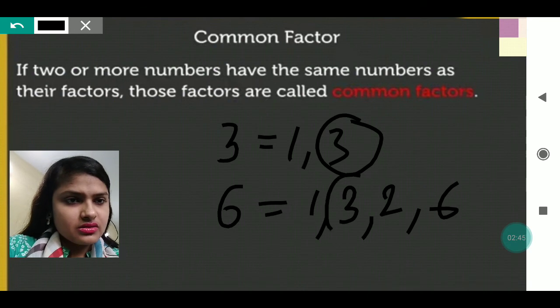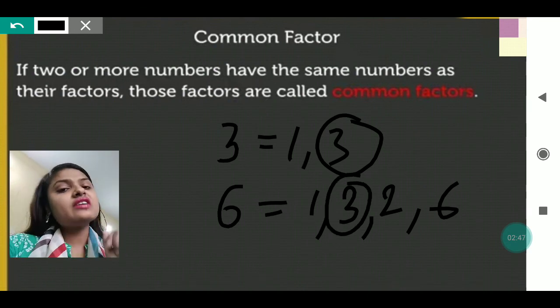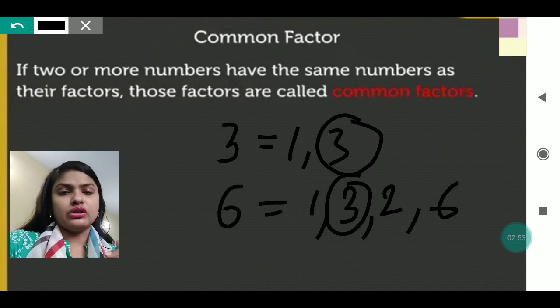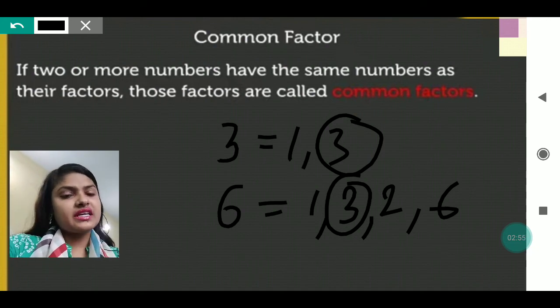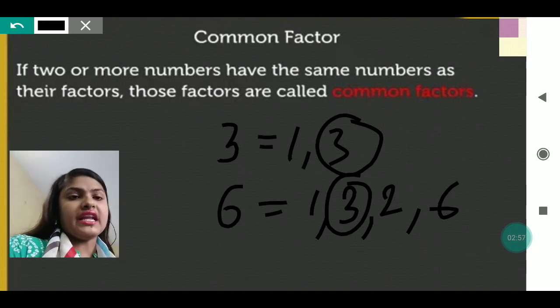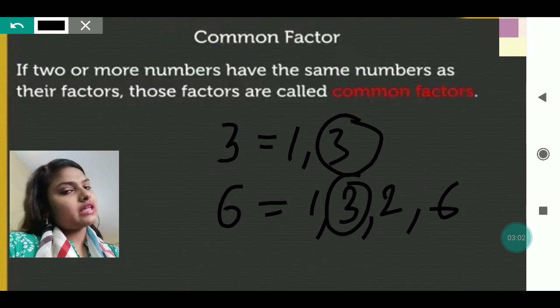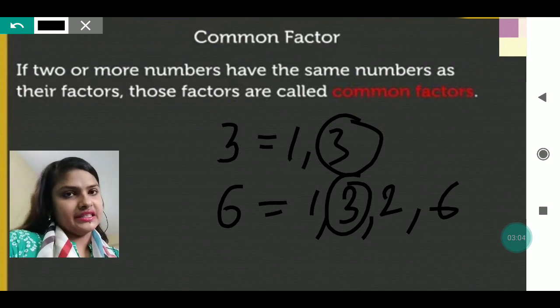3. Obviously 3. So that 3 is the highest common factor, my dear. That 3 only will be considered as the highest factor, because you have to compare in both. It doesn't matter that 6 is also a high factor. The common one is 3, in both. That will become the highest common factor.